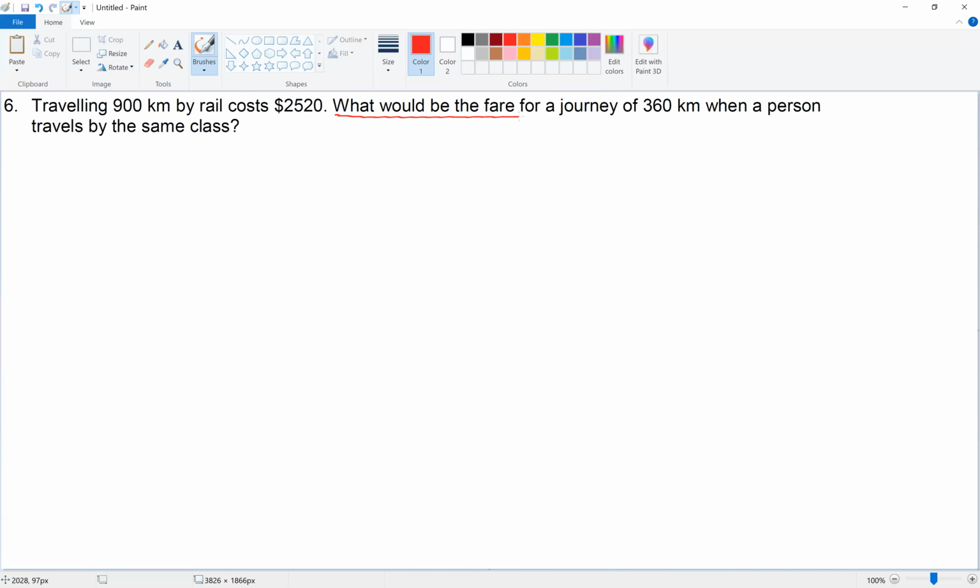The cost. So what goes to the right? The cost. And what would be on the left? Cost. Yeah. So this is 2,520. And this would be 900 kilometers. Do you understand the first step? Yes. What is the next step? And then